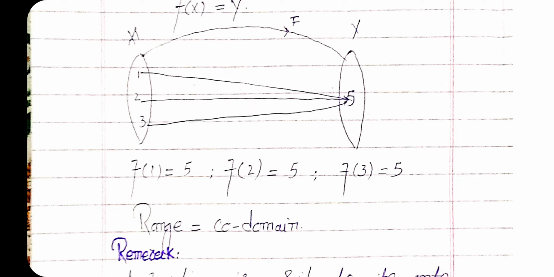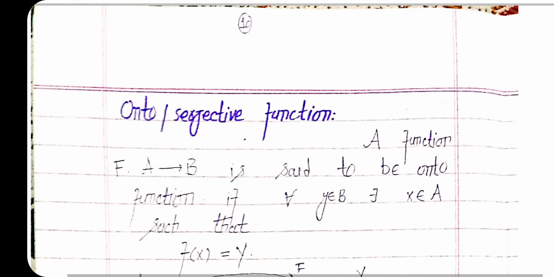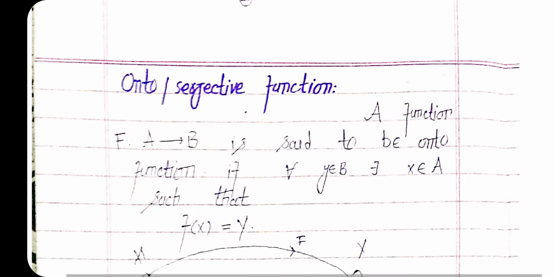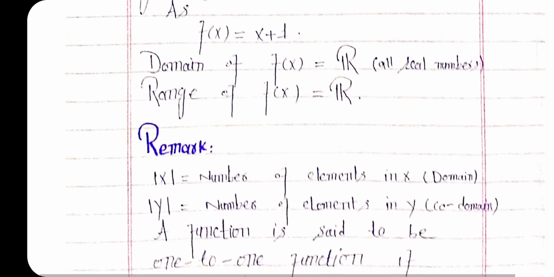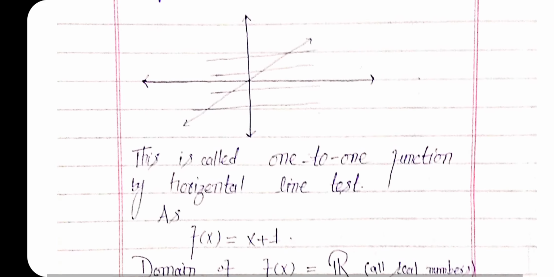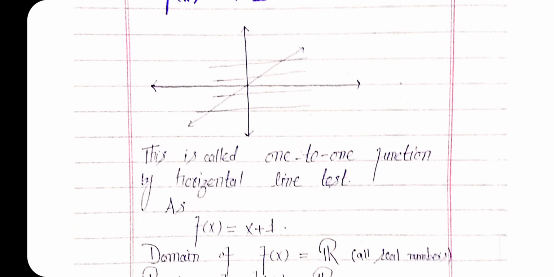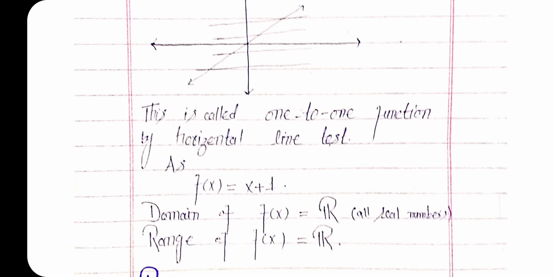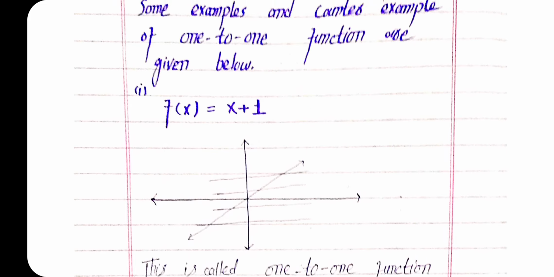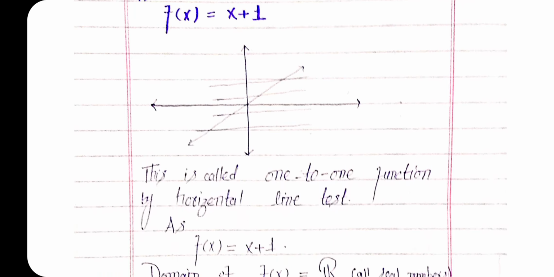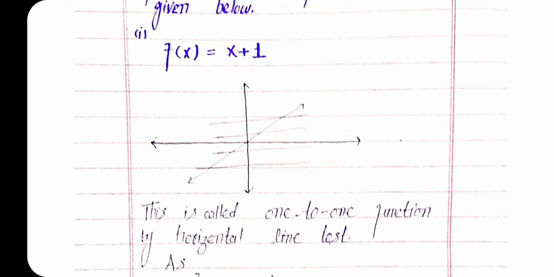And lastly, a function is said to be a bijective function if it is both injective and surjective. Such functions are called bijective functions. As we considered above in the example of linear functions, linear functions are bijective functions. Here we can see that its domain and range are equal, and codomain and range are equal, the set of real numbers. So this function is injective, also surjective, or in other words, one-to-one and onto both. So this function is a bijective function.